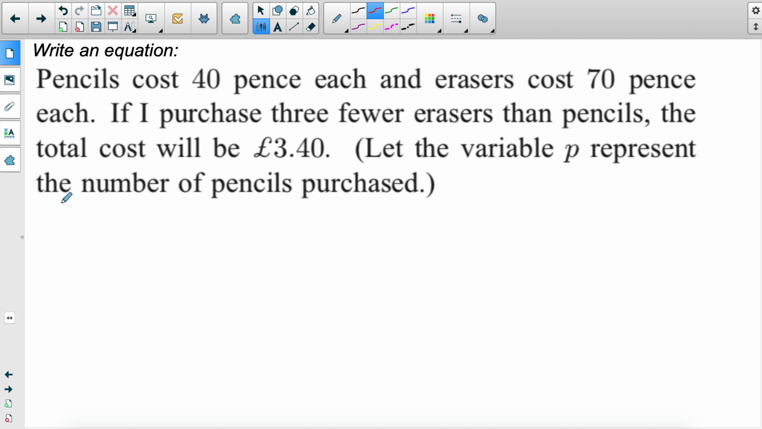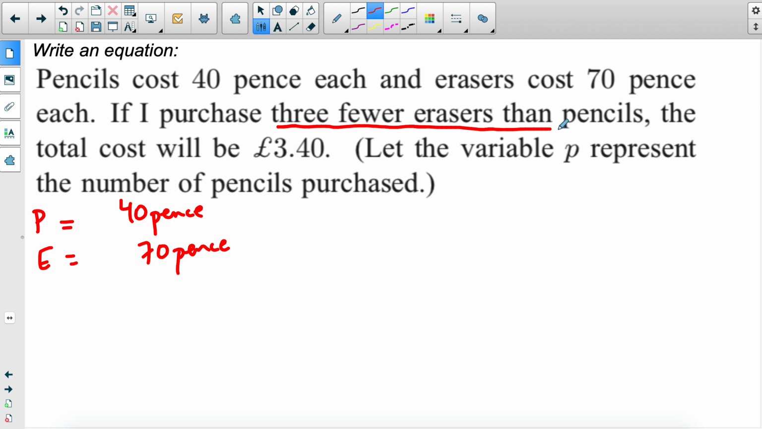Pencils cost 40 pence, erasers cost 70 pence each. If I purchase 3 fewer erasers than pencils, the total cost will be £3.40. The variable P represents the number of pencils purchased. This time they didn't give us the total, but they did tell us the relationship between the erasers and the pencils. So if I use P for pencils,